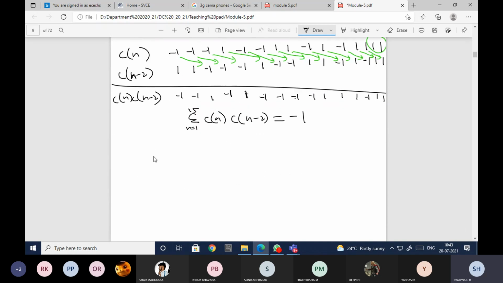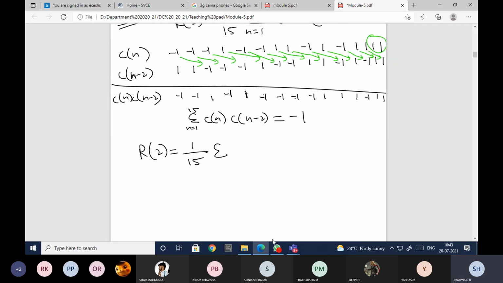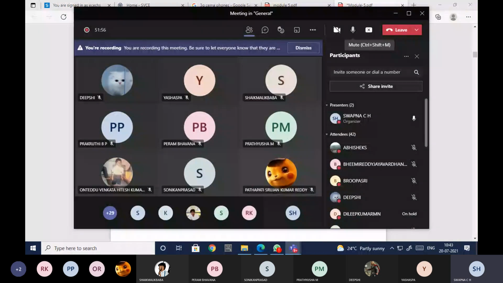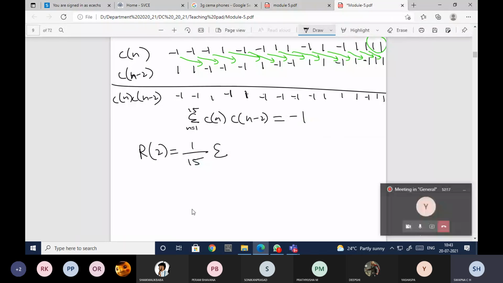Now I need to find R of 2. R of 2 is nothing but 1 by 15 times the summation.